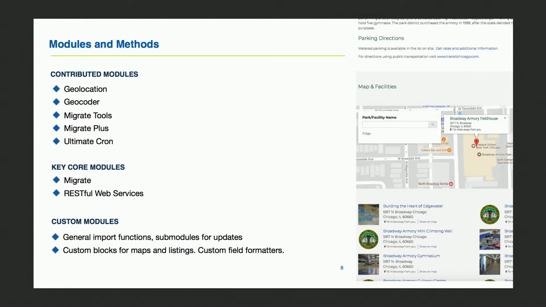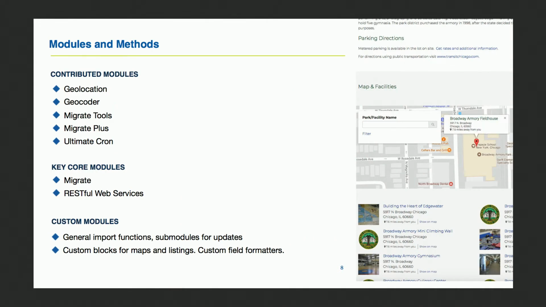So the modules that we used and turned into our own: Geolocation and Geocoder, Migrate Tools and Migrate Plus for our crazy imports, and then Ultimate Cron to do those daily imports. Of course, they used the core modules Migrate and RESTful Web Services, and we made quite a bit of